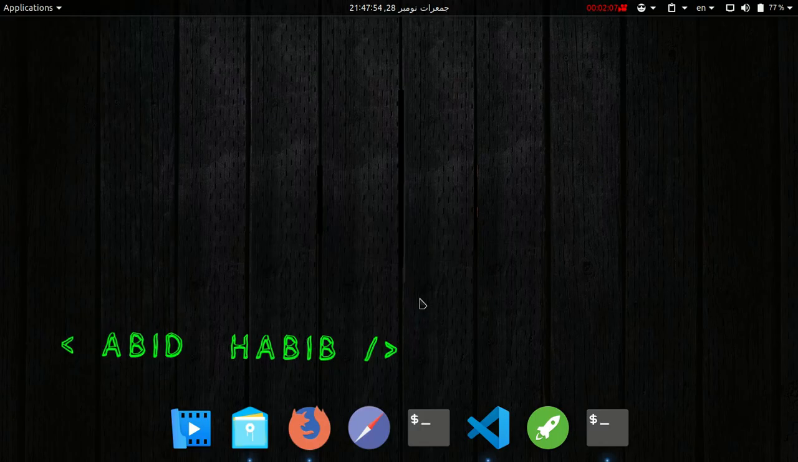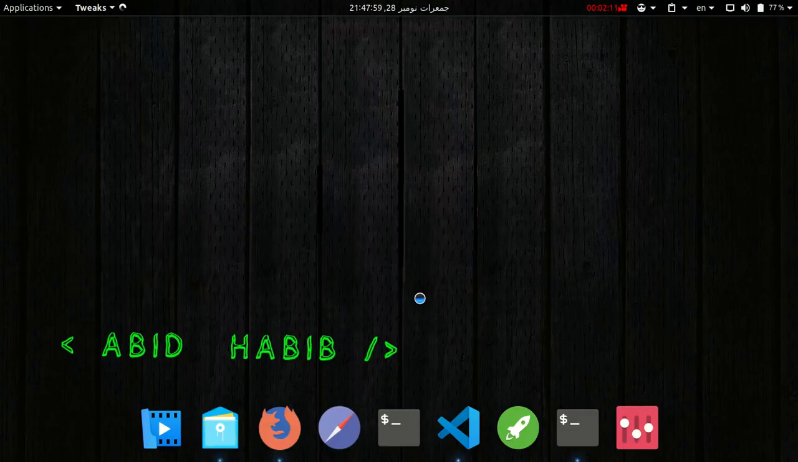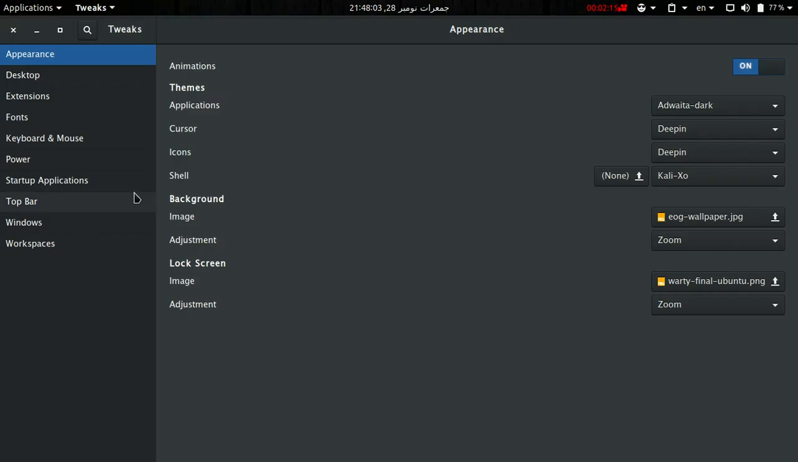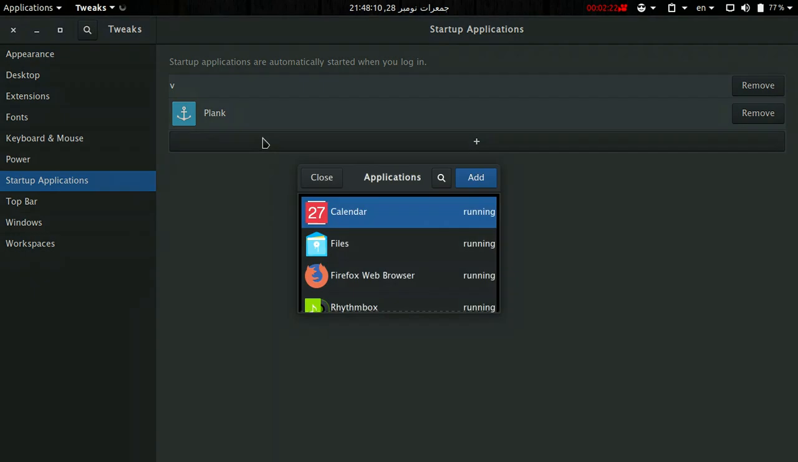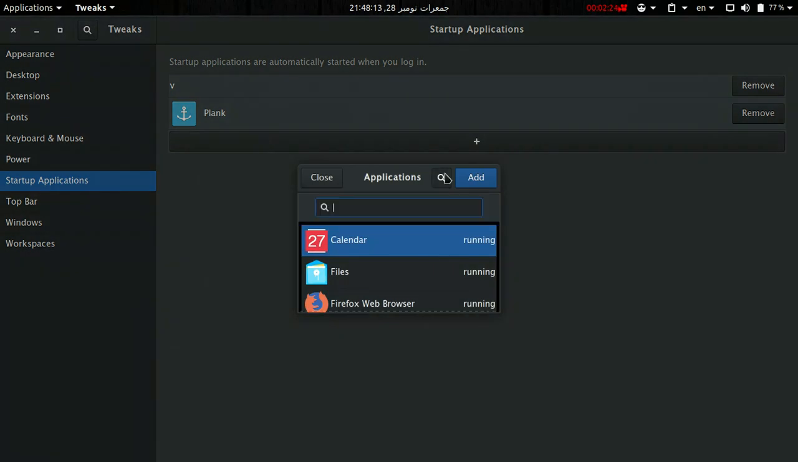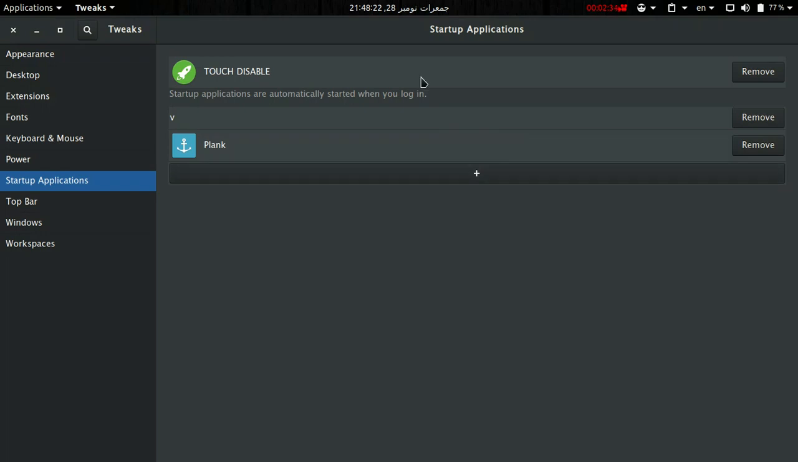Open your Tweak tool. Click on startup application. Click on add. Search for disable touch. Here is disable touch. Click on it and tap on add, and the touch disable script is added in your startup